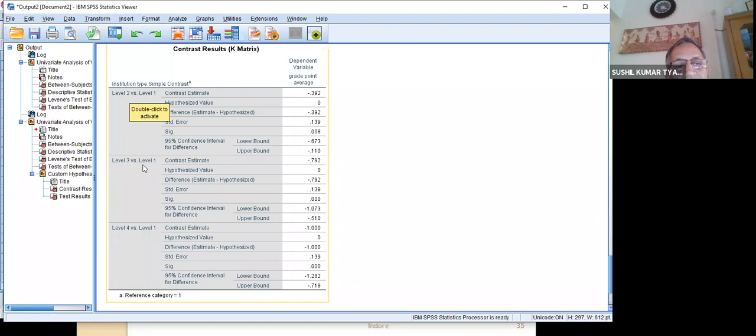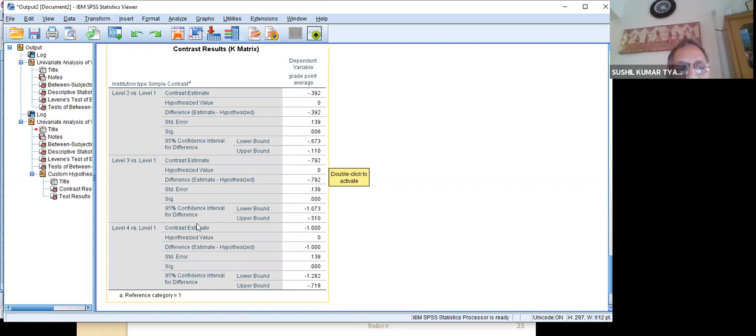Similarly, now level 3 and level 1, the contrast value is minus. Level 3 is less than level 1, but its value again is significant. This is also significant. Therefore, the university teaching department is having significantly higher CGPA, grade point average, than